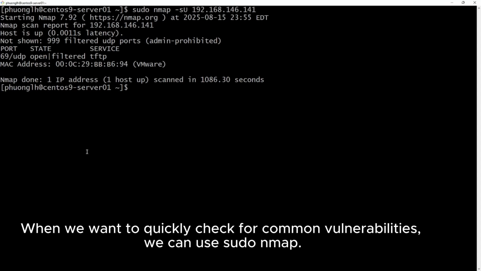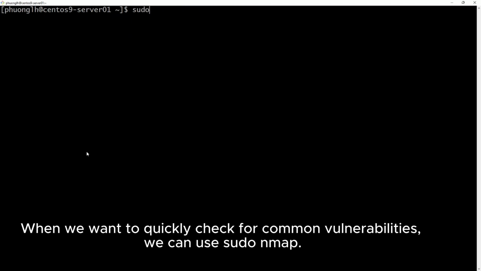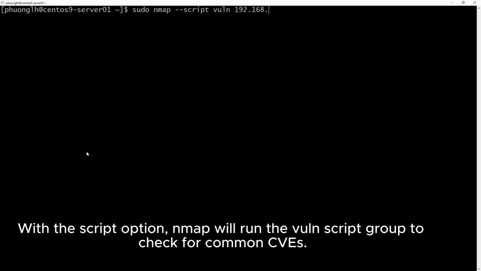When we want to quickly check for common vulnerabilities, we can use sudo nmap with the script option.